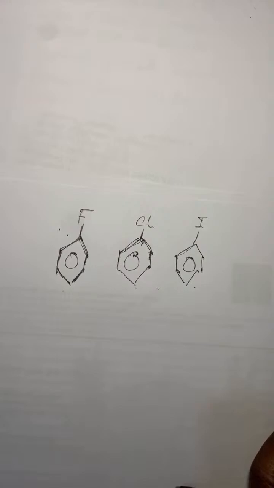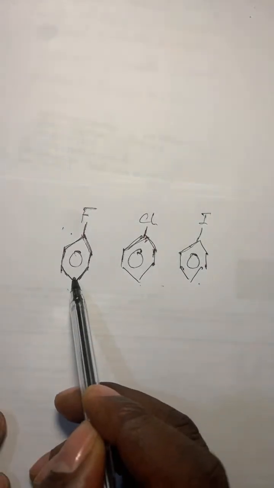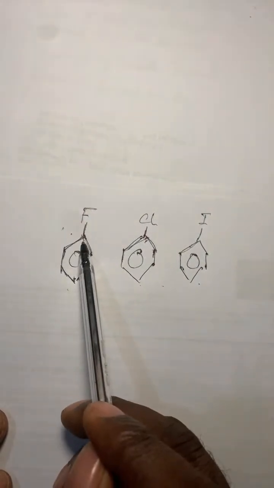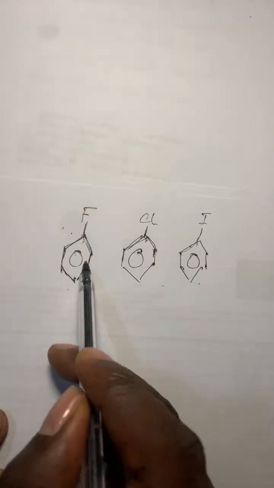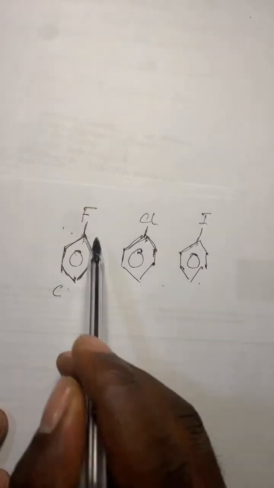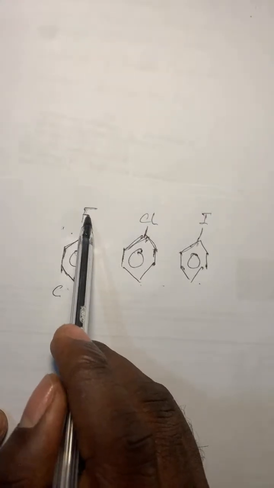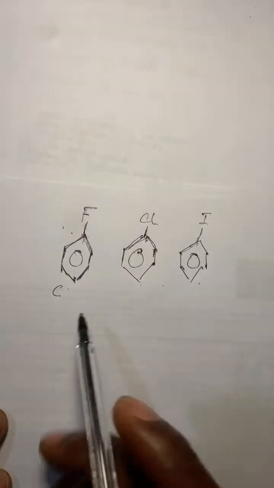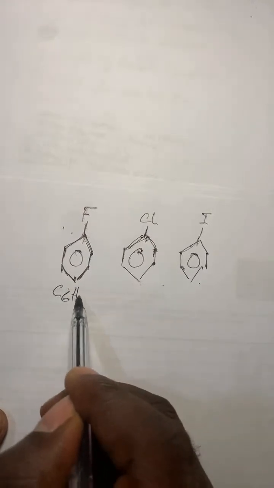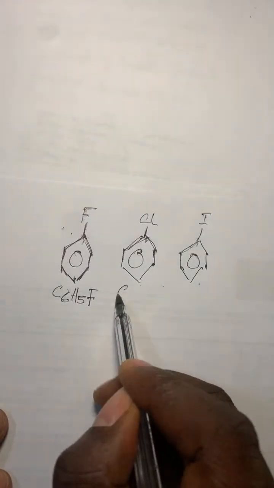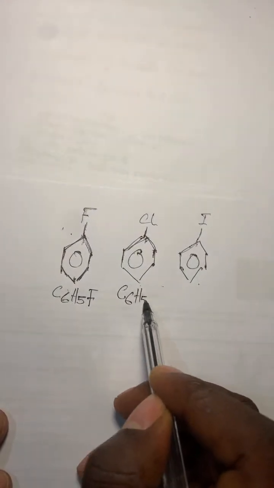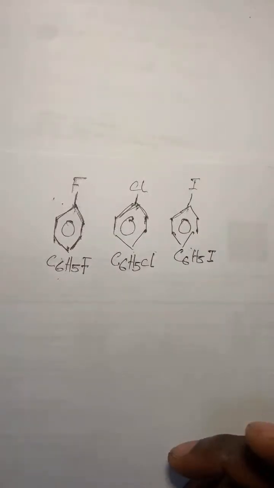Okay, so can I name them? This first one, we just have them. Like what I'm saying, they're automatically in position 1, so you don't need to number them. In this case, remember this is a benzene ring. We have this F substituted for a hydrogen atom, this becomes C6H5, then the F. This same thing you've done here, you can still do the same thing here for this one, C6H5Cl.